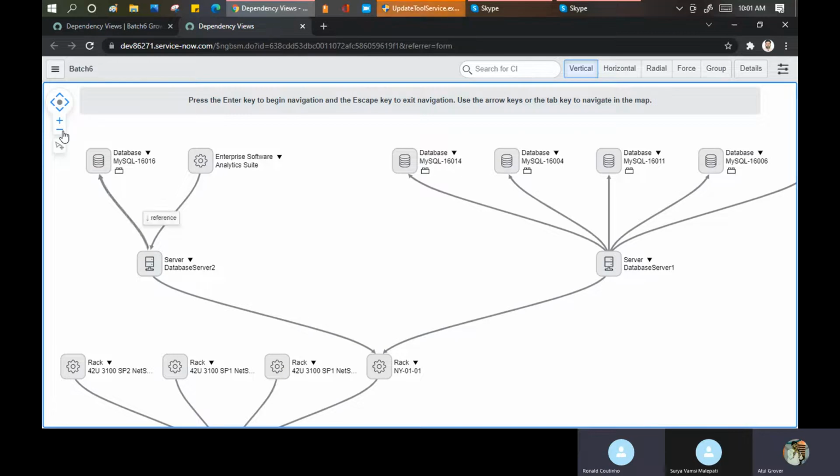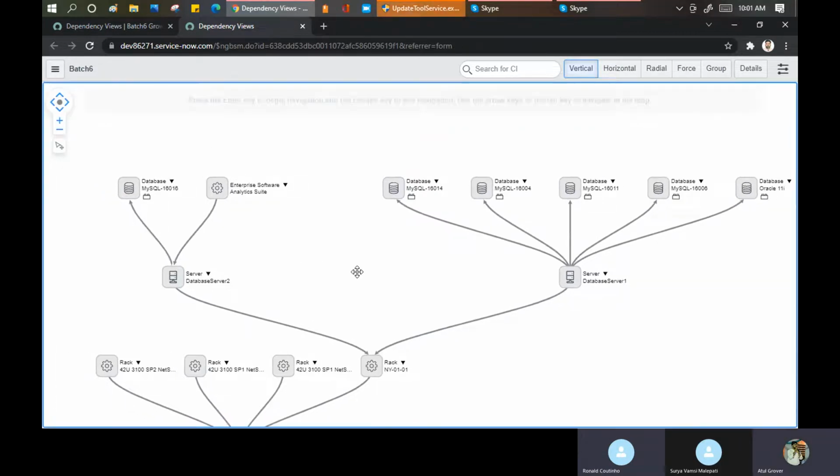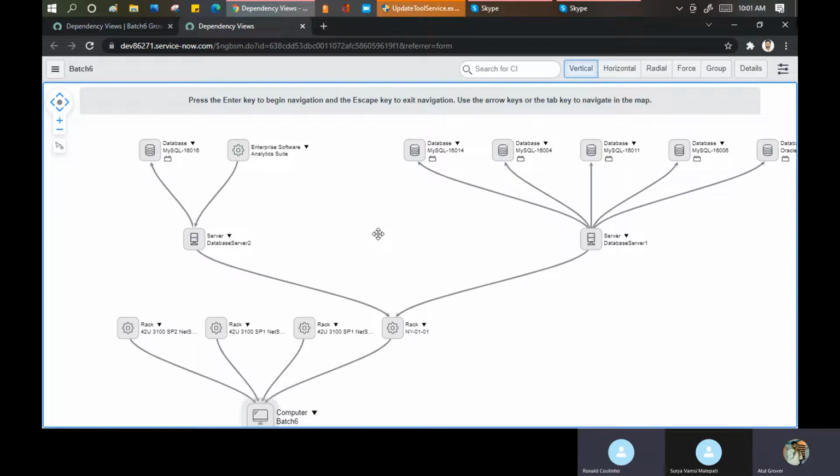More useful during changes. If you are implementing a change on a particular CI, it is always a good practice to identify through this mapping if some other infrastructure has a dependency on that CI. Achha. What else? Surya, what else do you think? Only for the changes?